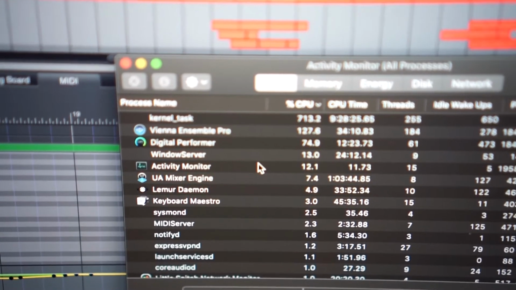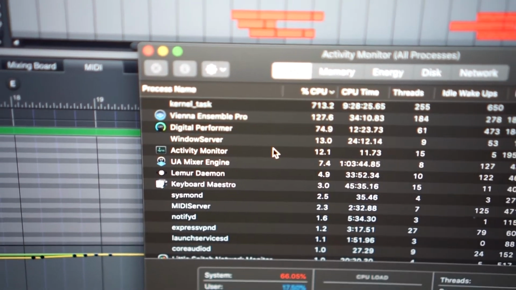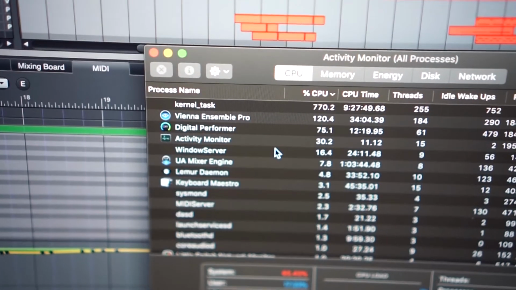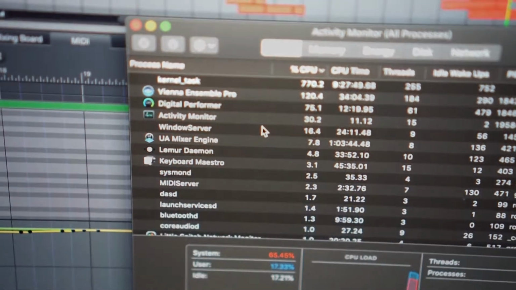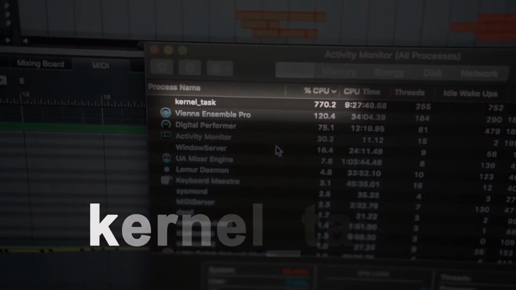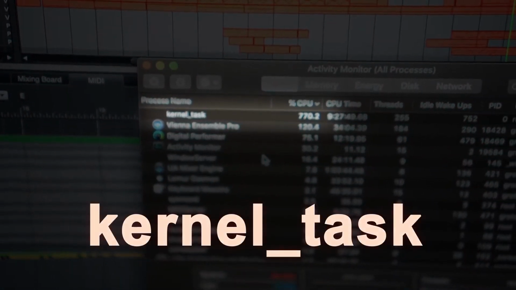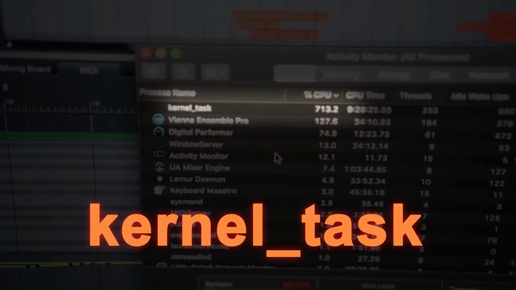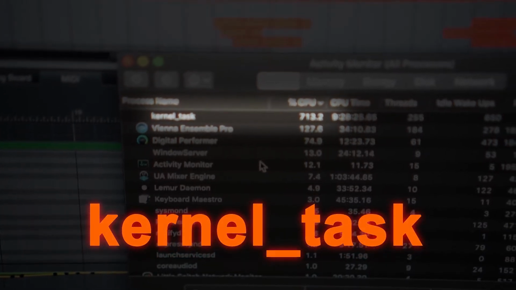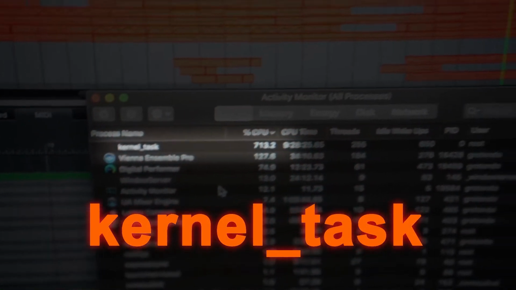twice per every minute. If you're experiencing audio dropouts and would like to check if thermal throttling is the cause of that, open Activity Monitor on your Mac. Now, in the CPU tab, check the processes and see if there is a process called kernel task sitting on top of the others, spiking concomitantly to the audio dropouts. If that is the case, thermal throttling is the cause of your problems. If this sounds all too familiar, stick around as I have a solution that will resolve the problem once and